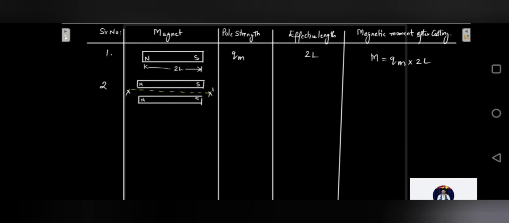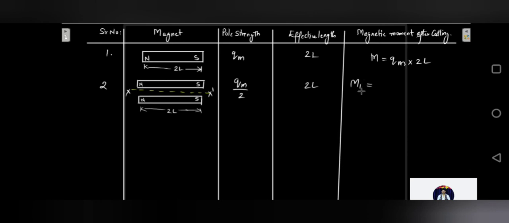So in this case, what is going to happen is, these are going to be converted into two magnets, obviously, as we had seen the properties of magnet, but the pole strength will become half over here. So qm will become qm upon 2. The length is going to remain same. If you see, the length is still remaining 2l between the north pole and south pole. So individually if we want to find out the magnetic dipole moment of this magnet, let's put it as m1 now, because originally we have taken as m.